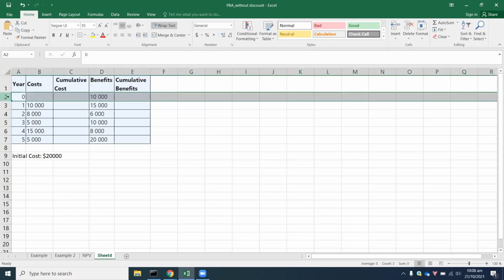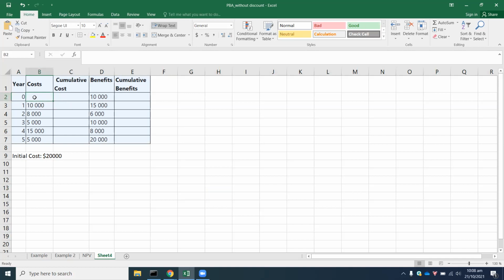Now, year zero is basically the year in which you will buy the system. So where you have year zero, your initial cost will always be put down under costs. So 20,000, that's the cost of the system. Cumulative cost, that means all the combined costs at the moment, is just the cost of the system. So that's 20,000. Next up, you put in an equal sign. To get the cumulative cost for year one, your cumulative cost for year zero plus the cost for year one gives you